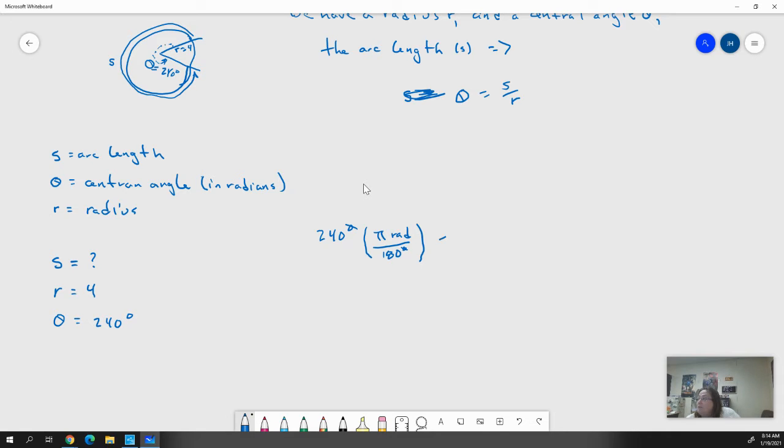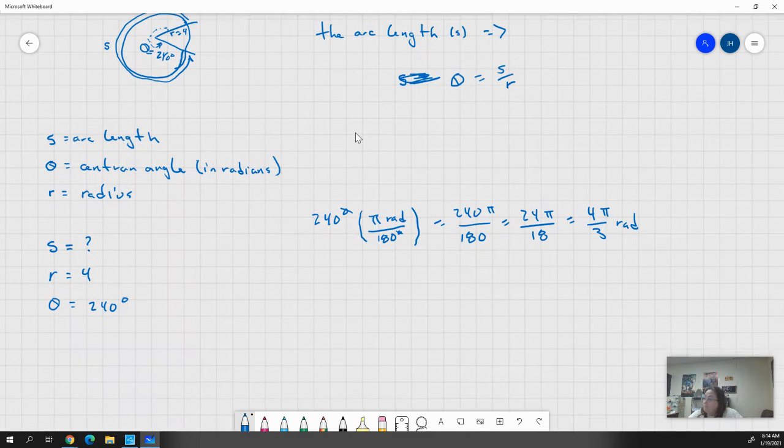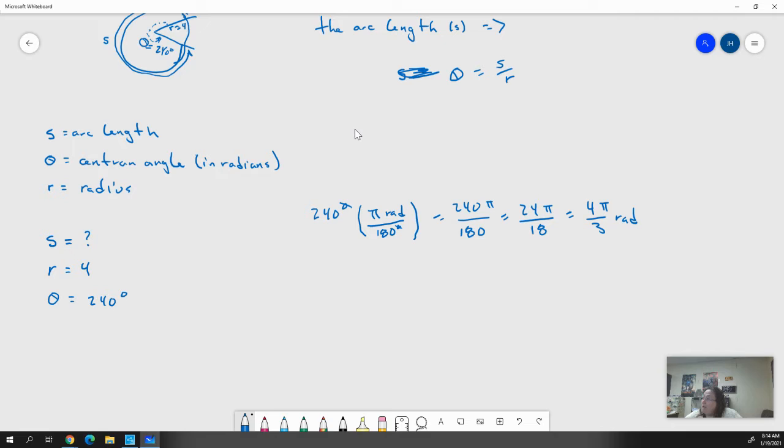It crosses out our degrees and we get 240 pi over 180 radians. We're going to reduce that. We can start by going 24 pi over 18, which is just going to give us, I believe, 4 pi over 3 radians. So we did our conversion. What else do we need to know? Right now, I have 4 pi over 3 radians equals S